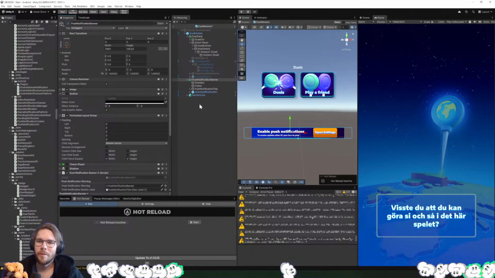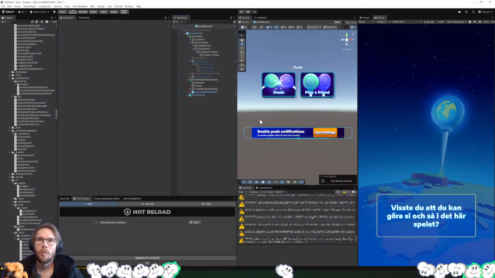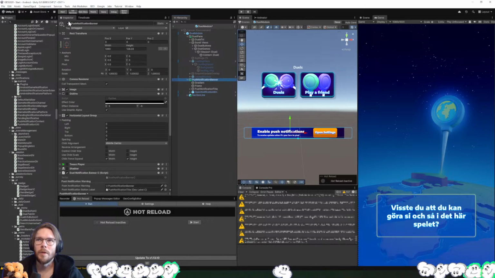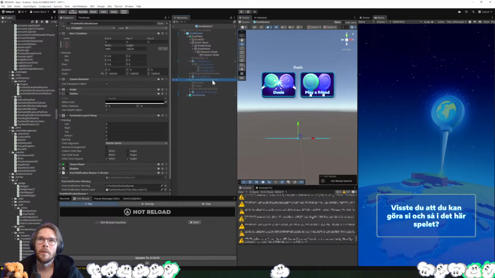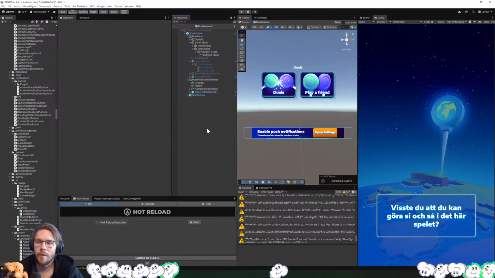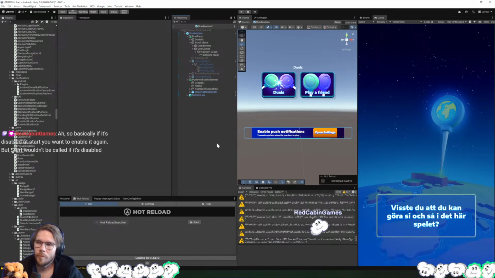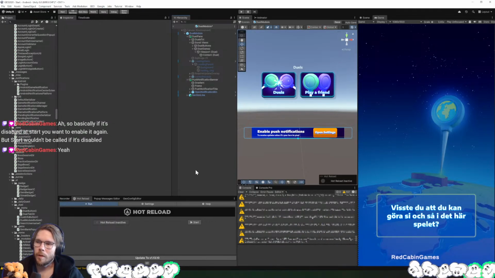So I kind of want to just make a safety for developers, because sometimes when you try to fix things, something might be in the way, so you do this to get to it, and then forget to enable it again, and you save the prefab, and now this is never going to work again. There has been cases where we have accidentally done this on like a single object. Enable again, but start wouldn't be called if it's disabled. Yeah. So I just want it in editor,